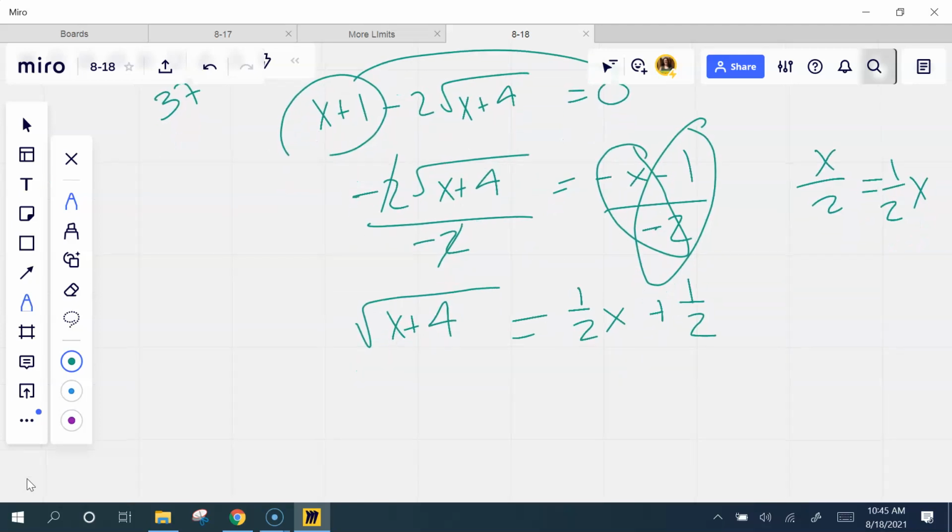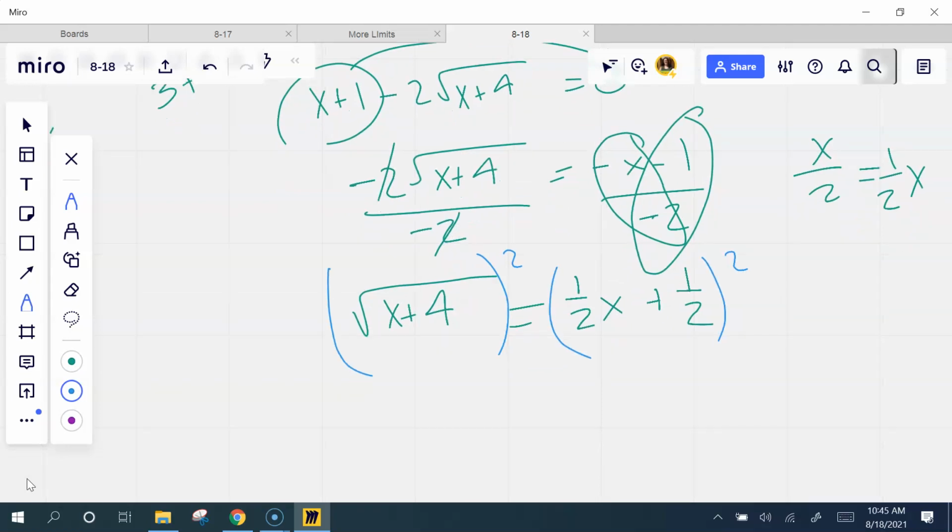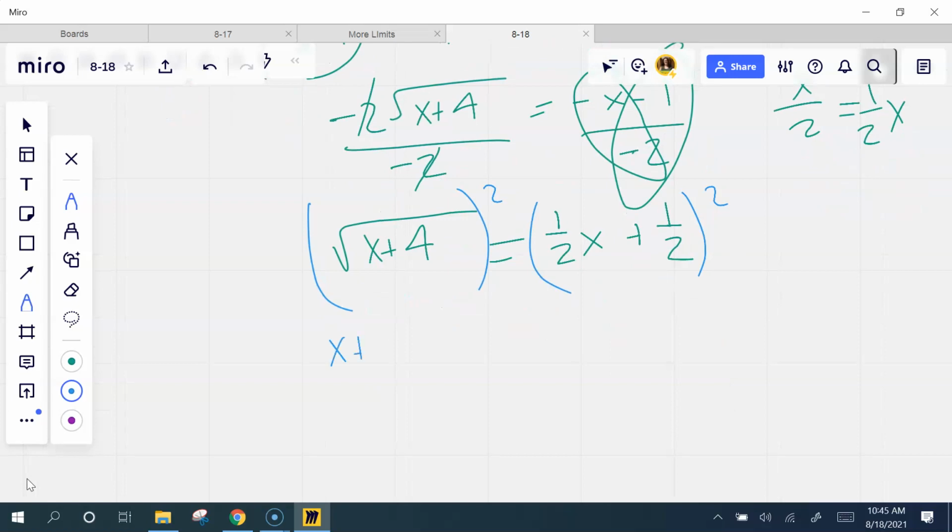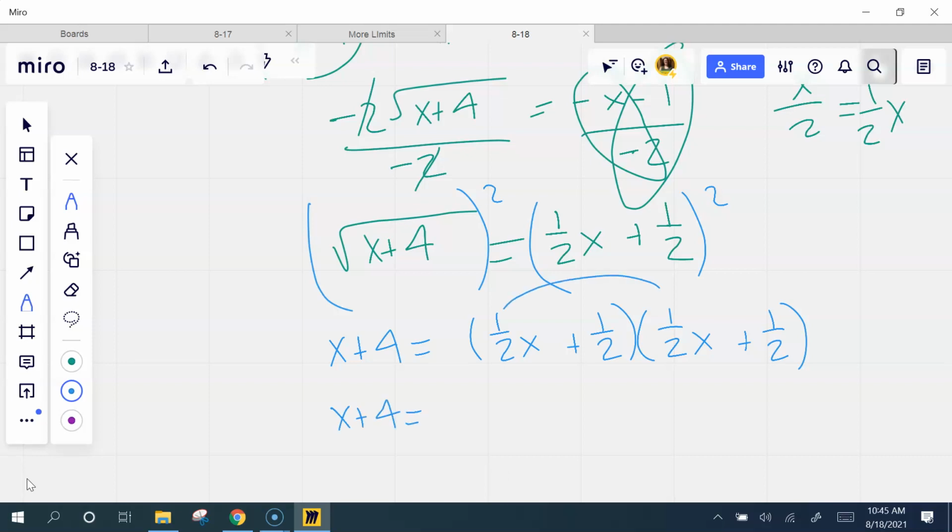So now I'm going to square both sides. I square and I square. And on the right side, it's a FOIL situation. So I have x plus 4 equals 1/2 x plus 1/2 times 1/2 x plus 1/2. And I'm going to FOIL this out. One-fourth x squared